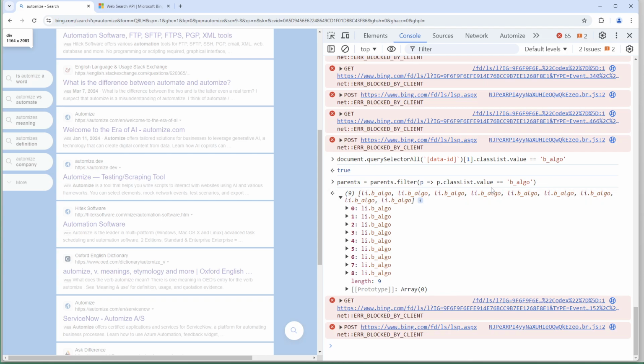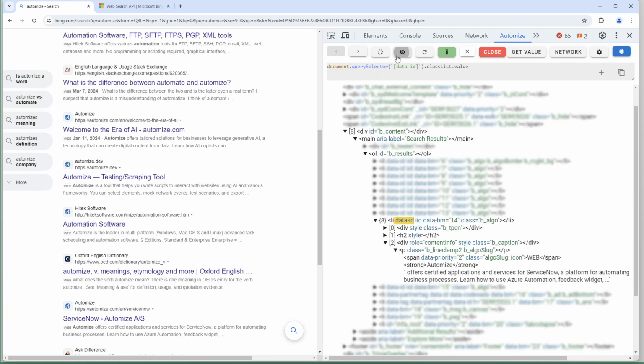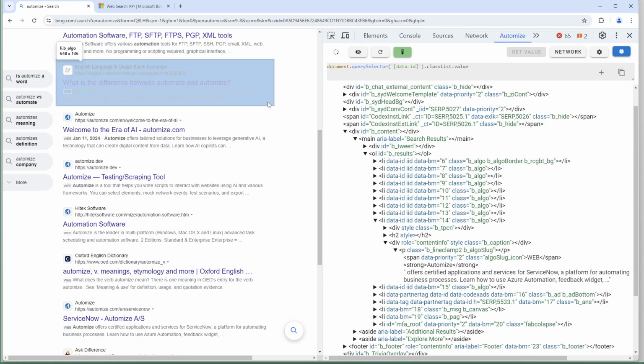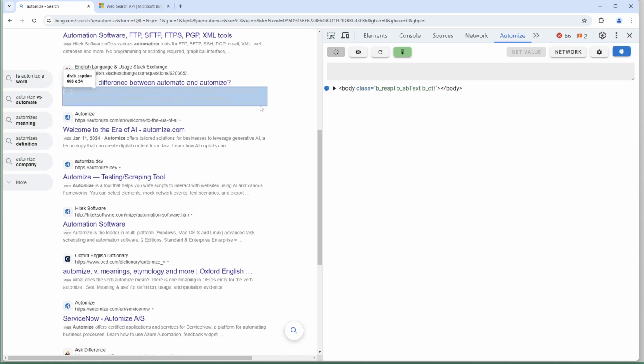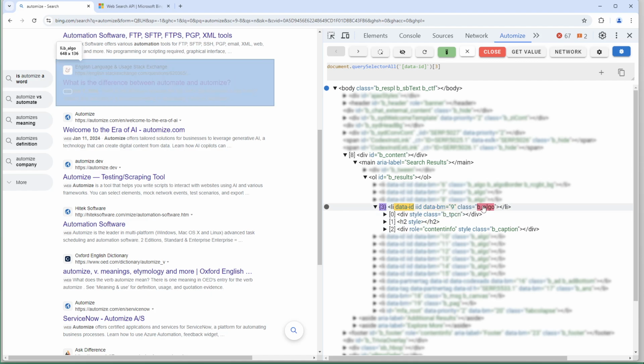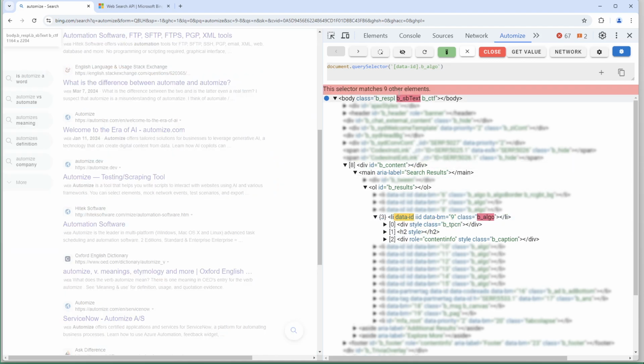Although you may say, why don't you just throw it in this original one? Because if I went back to Automize and selected the parent, and I said, well, why don't we just select b_algo? The issue is,